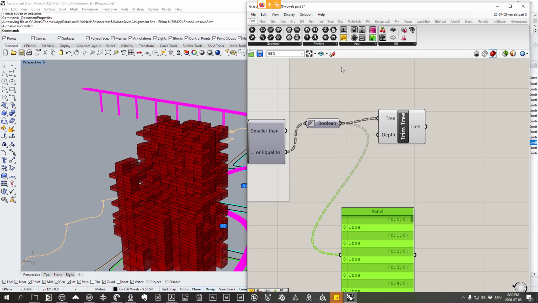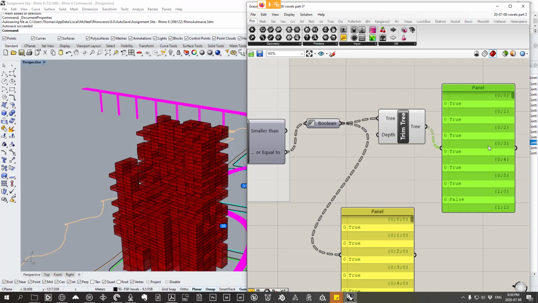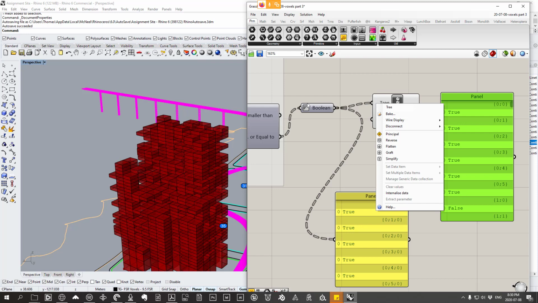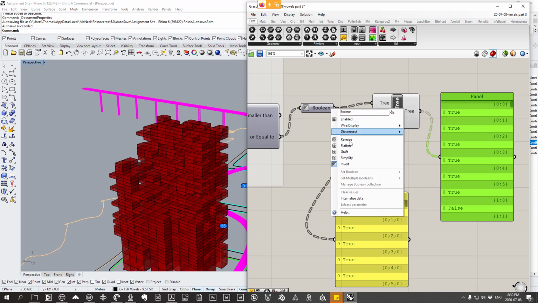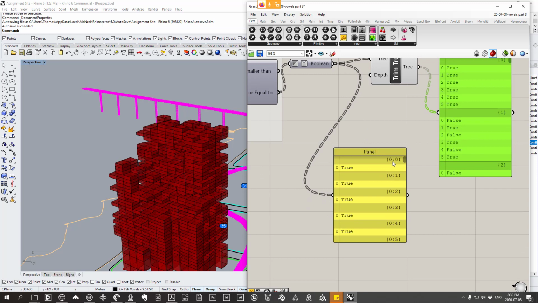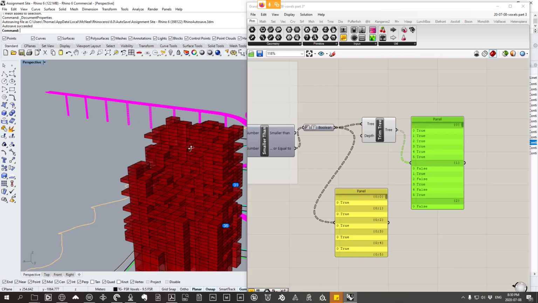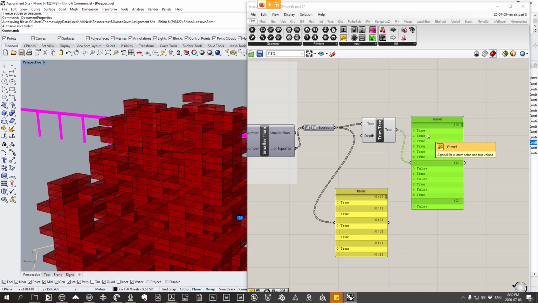But what this trim tree is going to do, if we look at the output of this, is it's going to, well, it got rid of 1 0 there, so actually to fix it even more, what we need to do is we can right-click the input of tree. Actually, let's right-click the output of Boolean, go to simplify. So now we have voxel number, then point number. You can see that it gets rid of that secondary list. So now the trues and false corresponding to the points of the voxels are all included in a list